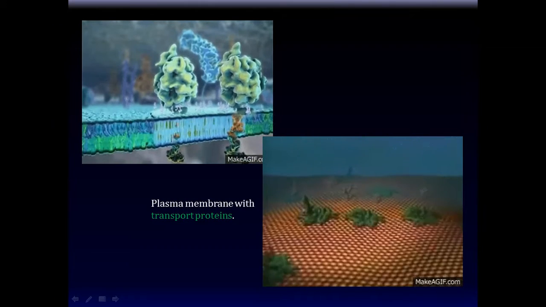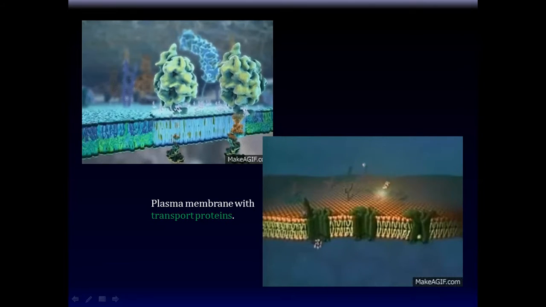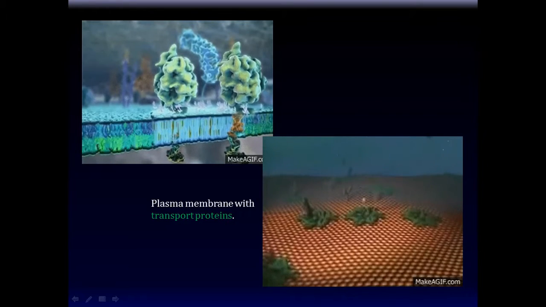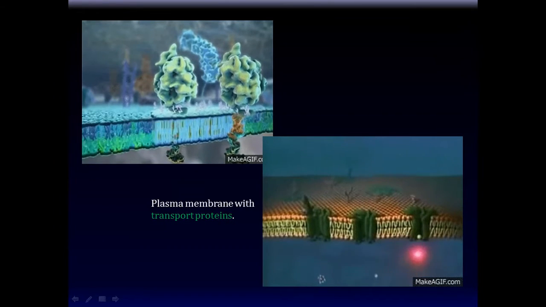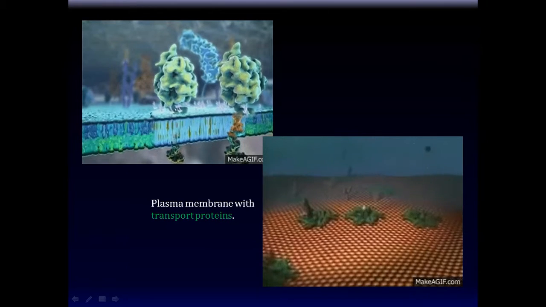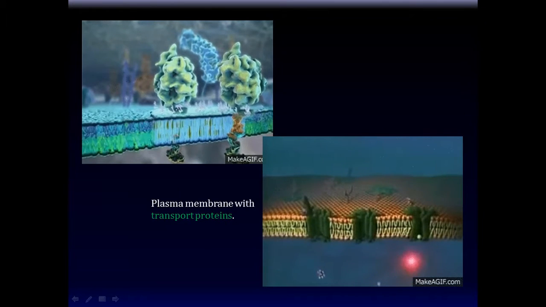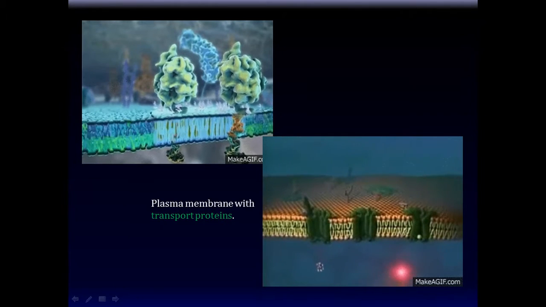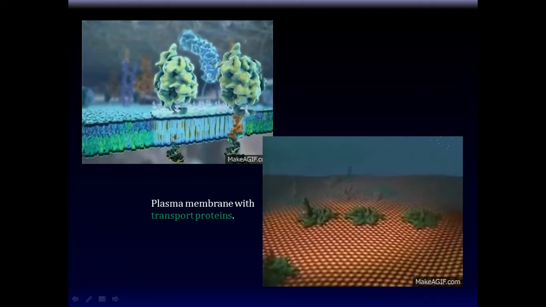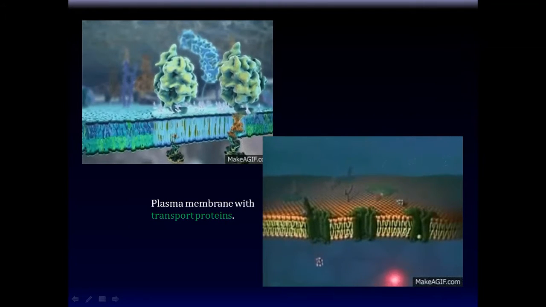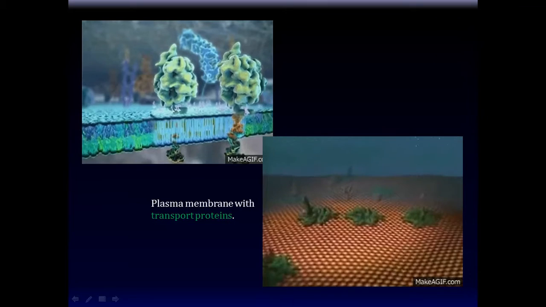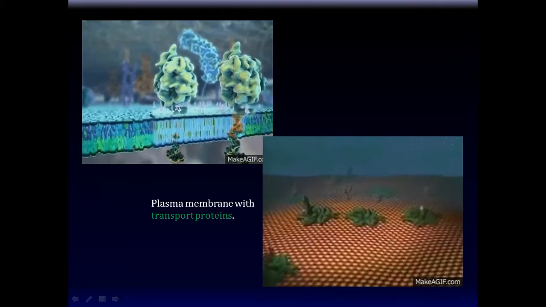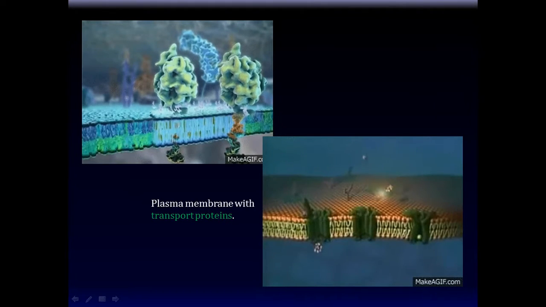Here are some other very beautiful depictions of the same. So these are some proteins that are studded in the plasma membrane. You can see the fluid nature of the plasma membrane over here. In fact, proteins can move around in the plasma membrane carrying things, and there are transport proteins that allow things to go in and out, just like the gates in a fence. So here are some things going in and out through channels that are in the membrane. The channels are invariably made of proteins. These are big protein molecules. They're like gates in the